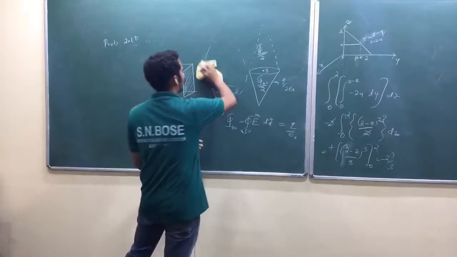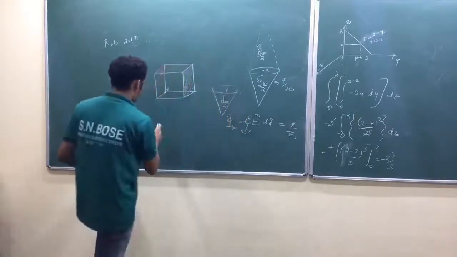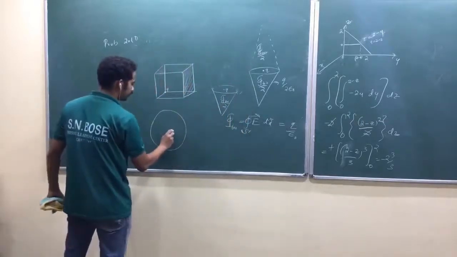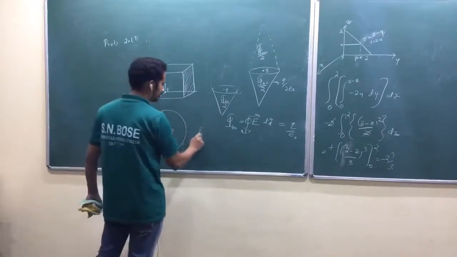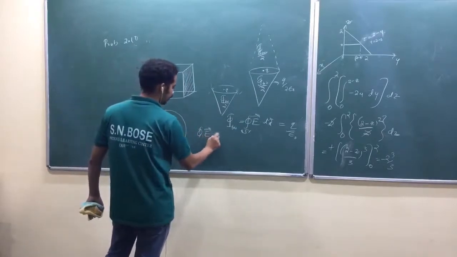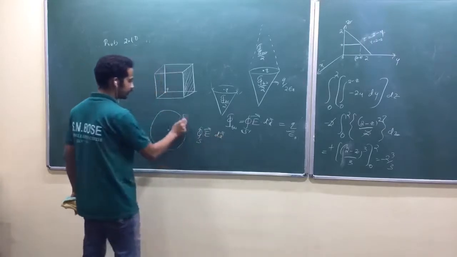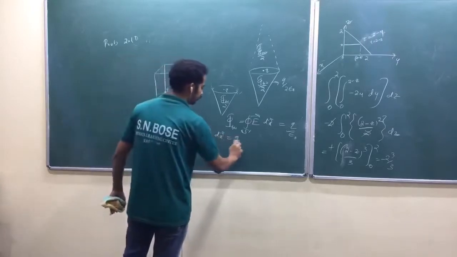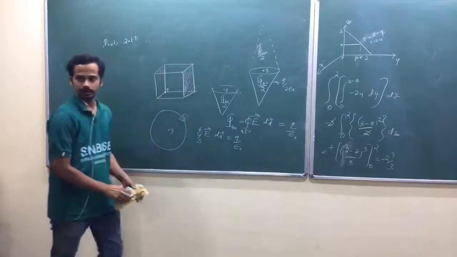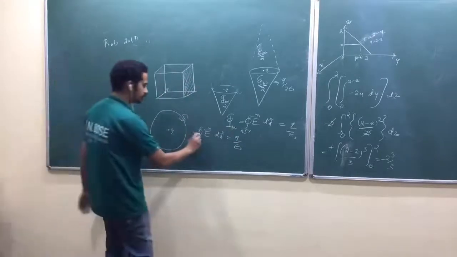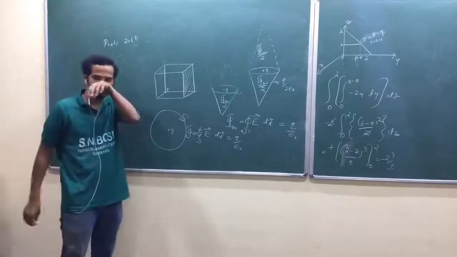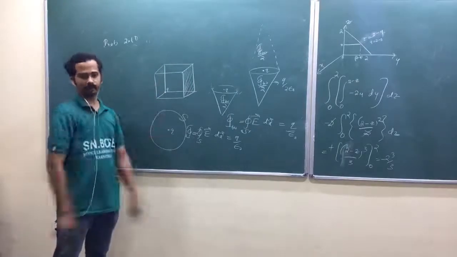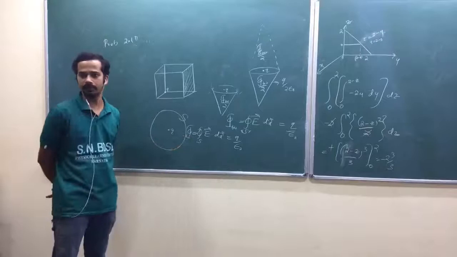We have done, look at here, earlier we have done Gauss law for this one. Am I right? Q was placed at the center. We have taken one closed surface. We have shown E bar dot dA bar over the spherical surface is equal to Q by epsilon naught. That is a statement. Am I right? What is this one? This is the net flux through the closed surface. What does the net flux mean? Number of field lines passing through. Net flux is proportional to the number of field lines passing through.